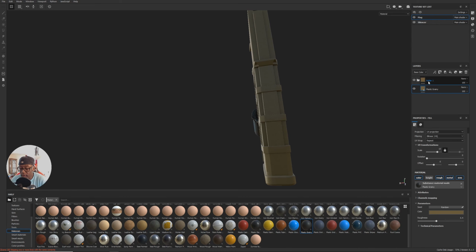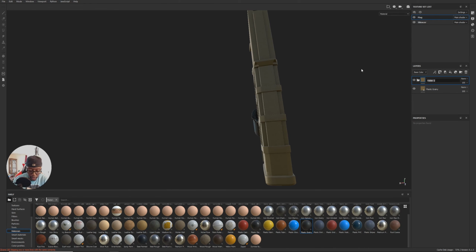Just that way it's all collected. So we'll call this FDE mag. And then we can have a folder for whatever other colors that we want. Okay, so